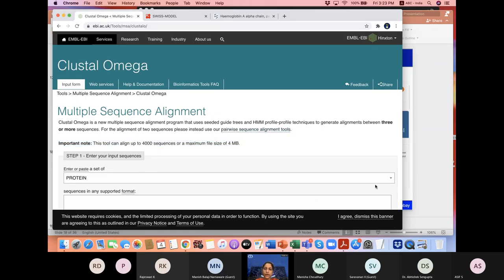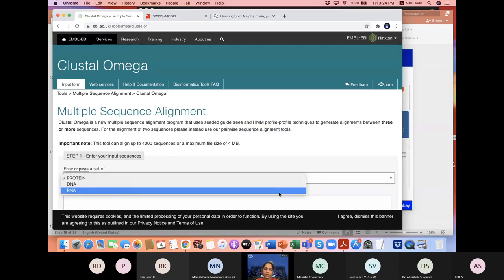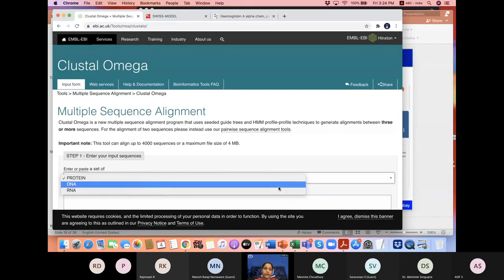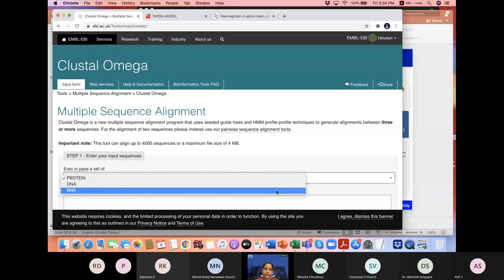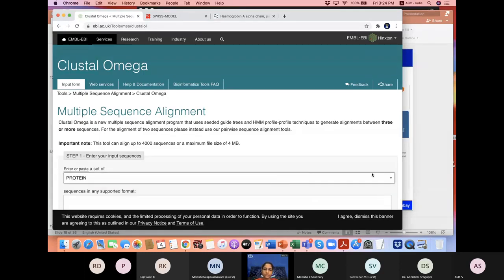So now you can see in this page we have the option of selecting either protein, DNA or RNA. Suppose I want to do an analysis of DNA, then I can select DNA. If RNA, then I can select RNA. Now that we are considering protein, I'll click on protein.